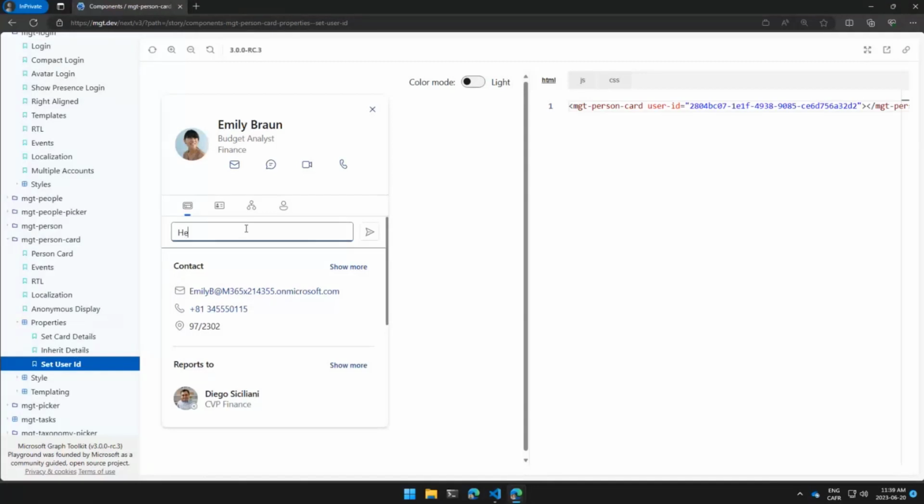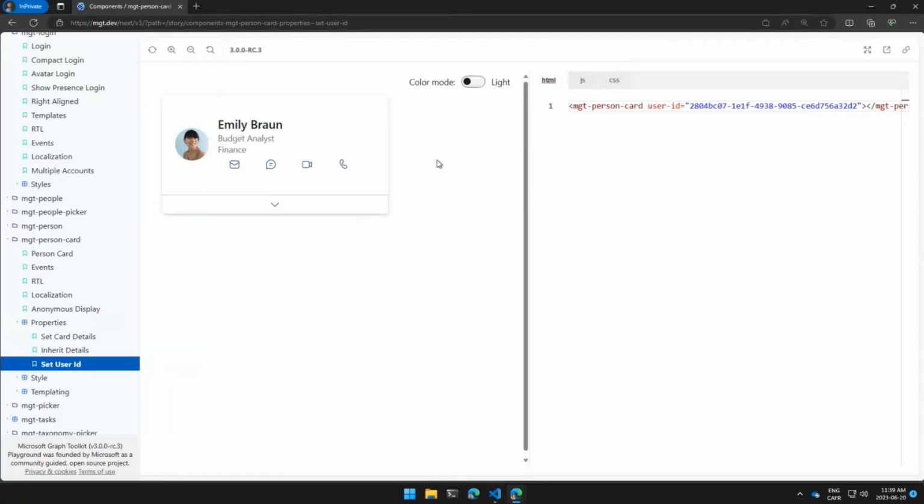Hey, Emily, thanks for your help. And I'm just going to send that, and automatically Emily will receive the message on her end, and we're going to be able to initiate a conversation via Teams. So if you're in an app where potentially you see these person components popping up here and there, you're going to be able to automatically use these things right there to continue the conversation and collaboration with all of these different users.